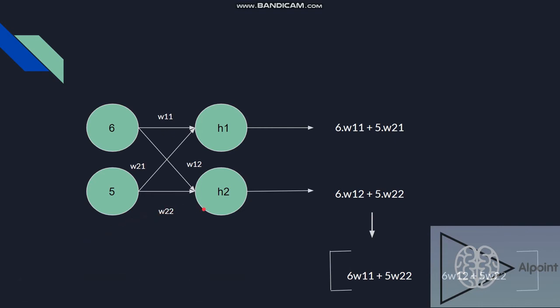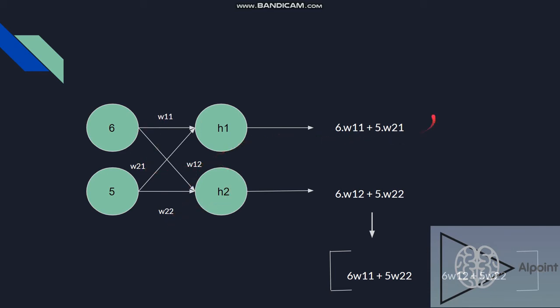Now this is the matrix representation of how we are going to represent it on the hidden layer. So the hidden layer will be represented like this. How? If we have input data as 6 or 5, the weights associated with them are W11, W21, W12, W22.